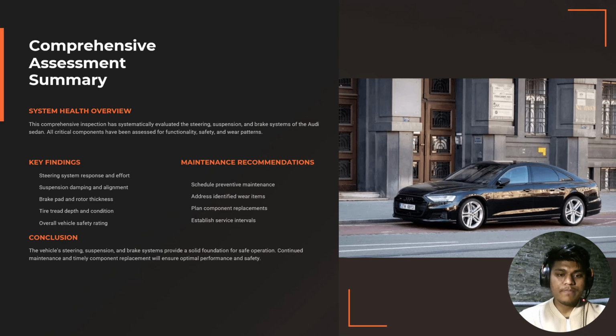To conclude, this inspection provides a holistic view of the Audi's steering, suspension, and braking health. Our findings on wear patterns and alignment help establish a clear maintenance schedule and preventative service intervals. The vehicle currently provides a solid foundation for safe operation